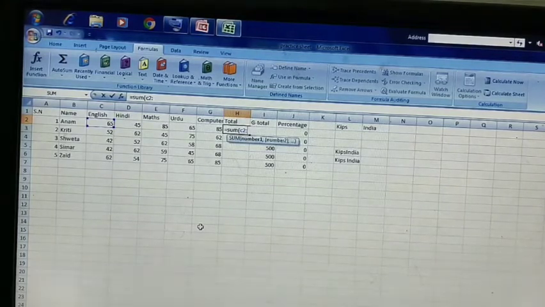Means I have given at the starting C2, from where the marks are starting, and now I'll give the last range, means the range of that cell where the marks of computer have been entered, means G2. Now what happened? The function will calculate the marks between these two cell ranges. You can see the blue line is visible there, it is showing this range has been selected. So after this, just press the enter key.